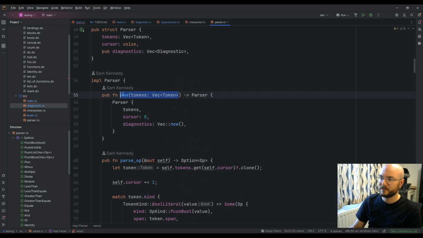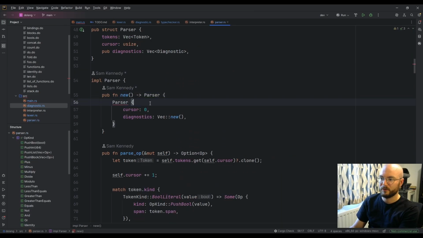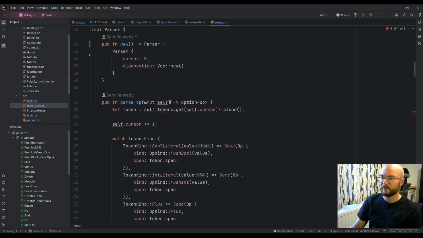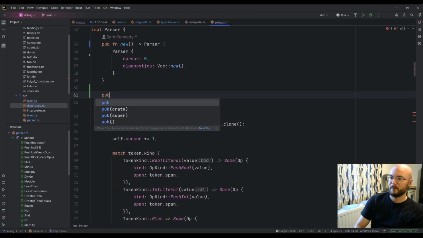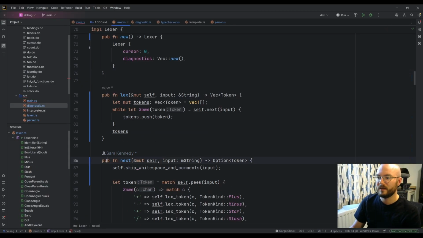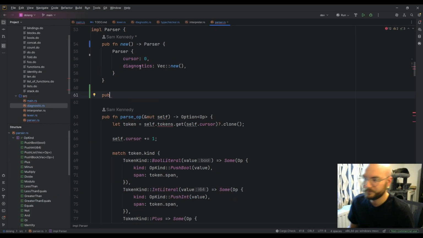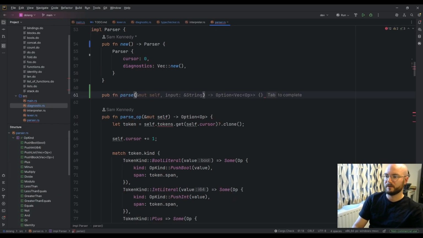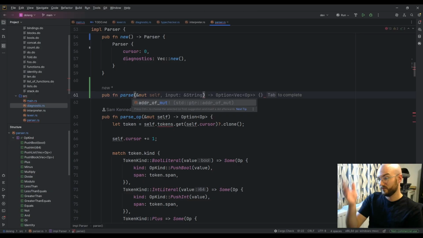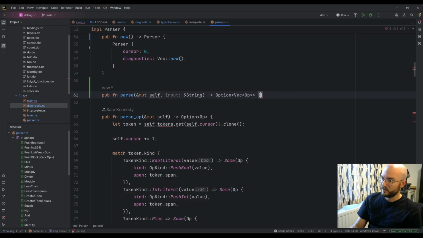So the parser doesn't need to own any tokens whatsoever. So we just say pub, and in fact, the next function doesn't even have to be public anymore, because now it's all eager. So if you have a pub fun parse, mut self, you're close.